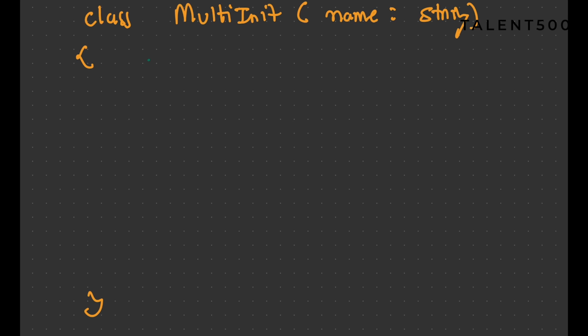Inside, this is the first init block. You can print something like "first init block", and you can have a second init block as well. The syntax will obviously be similar: print "second